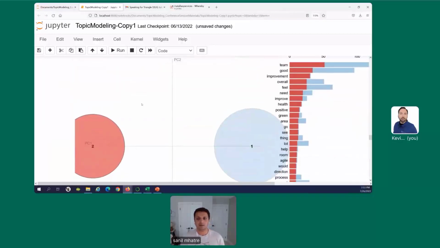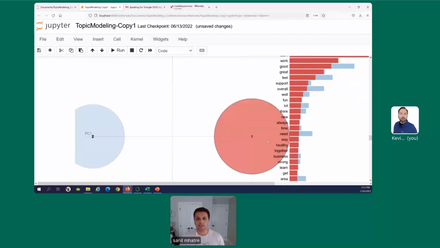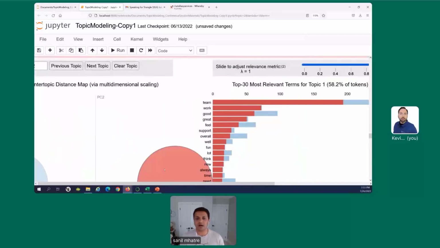So on my screen, you can see the intertopic distance map. These bubbles represent the topics, and on the right hand side, whenever you highlight a particular bubble, the set of words that are highlighted in red are the words that compose that particular topic.